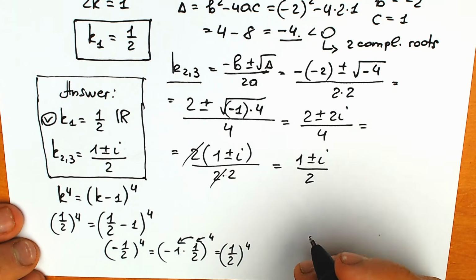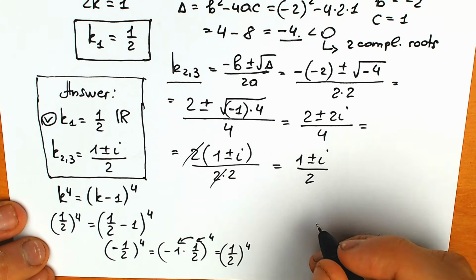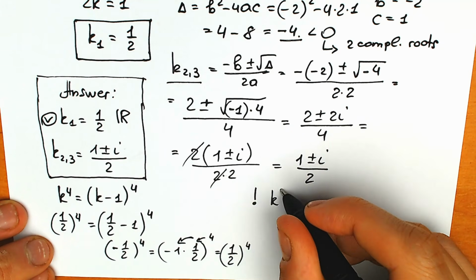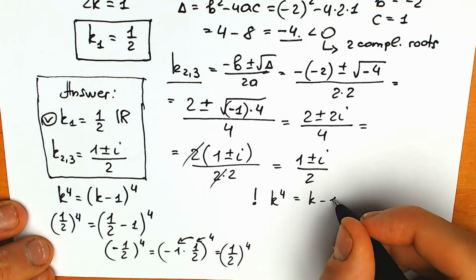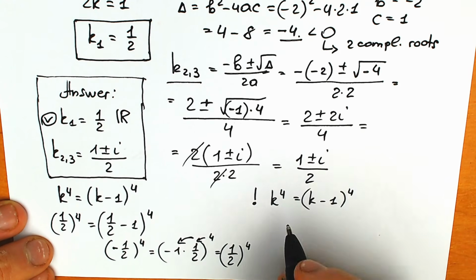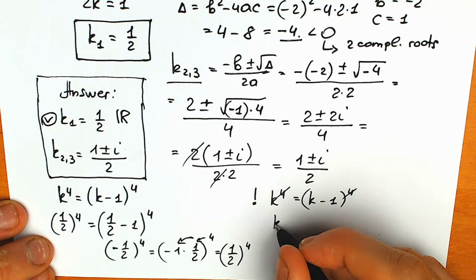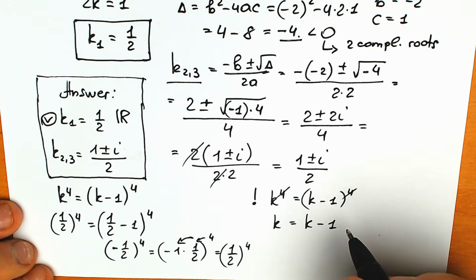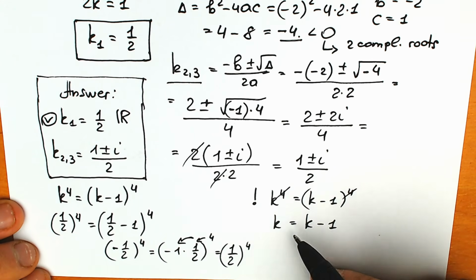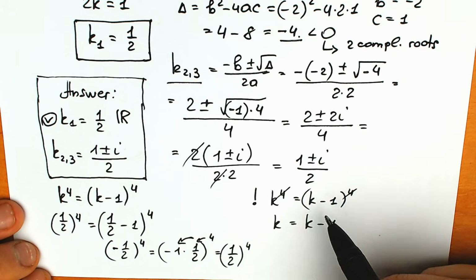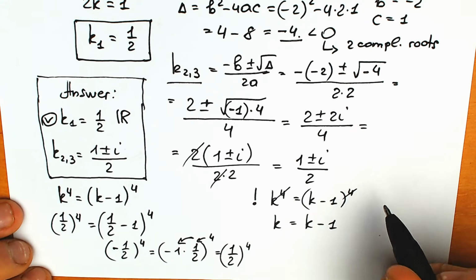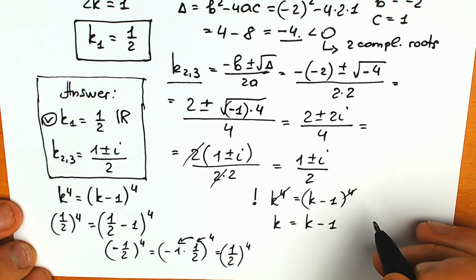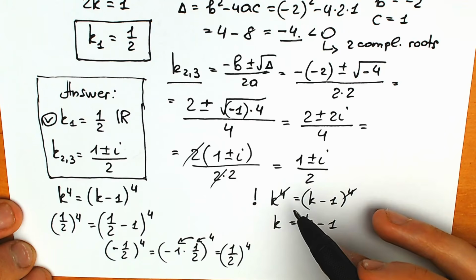And in the end, as I said in the beginning, I just want to underline it with an exclamation mark. When we have k to the power 4 equal to k minus 1 to the power 4, a lot of students cancel the powers, and we have k equal to k minus 1. I showed it in the beginning, but this is a wrong way, because right here we have 0 equal to minus 1. I do not recommend you cancel this power, because when you cancel it, you forget about other roots, because according to the fundamental theorem of algebra, when we have fourth power,